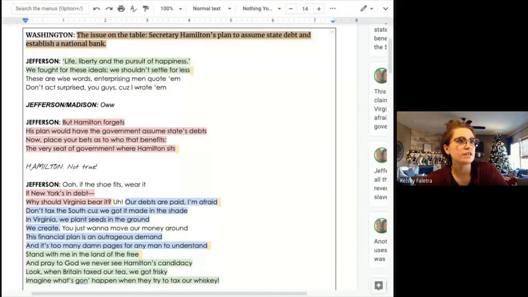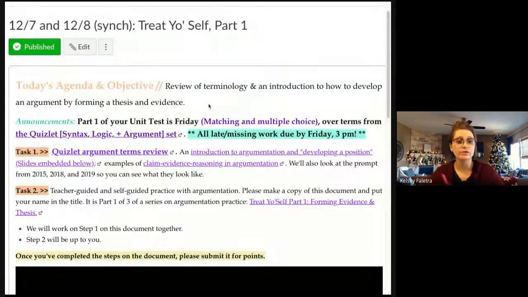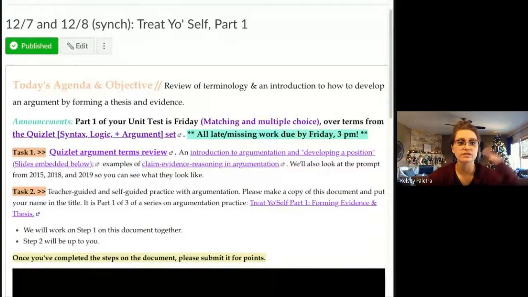And then here is the next, or the last, thing that I want us to do today. And this is basically where you try your hand at the initial process of developing a position. Okay, and I'm going to try to use that terminology often because when we hear argument, we think of forming opinions, but what we're actually doing is developing a position. So if you go to today's tasks on Canvas,